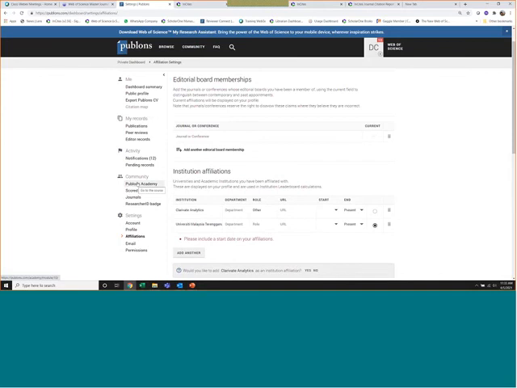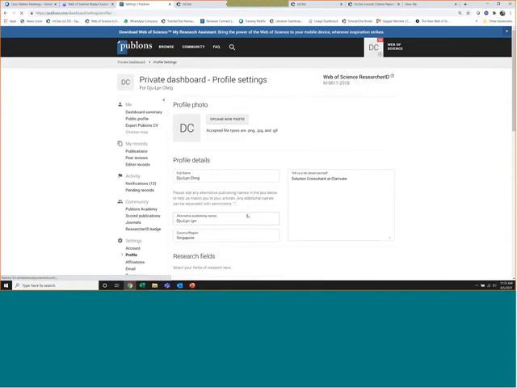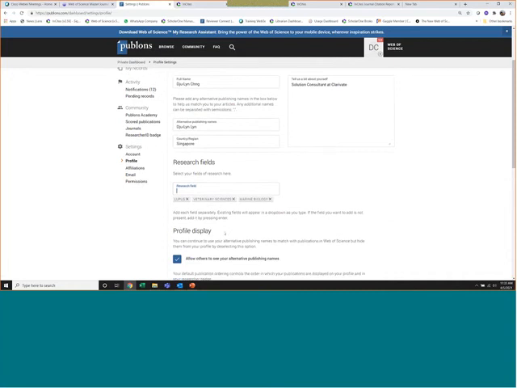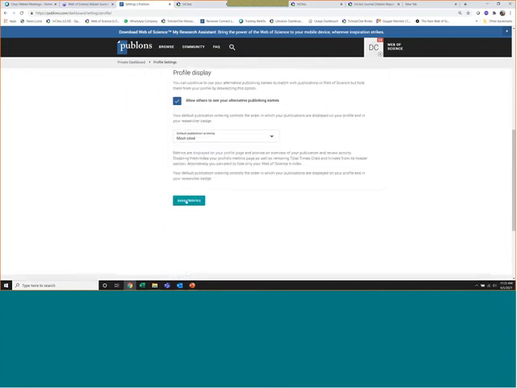I mentioned your profile, so you can go to your profile here, and you can also set your research fields. So you can put in your relevant fields. If you're in marine ecology, marine biology, just put those in, and save profile.